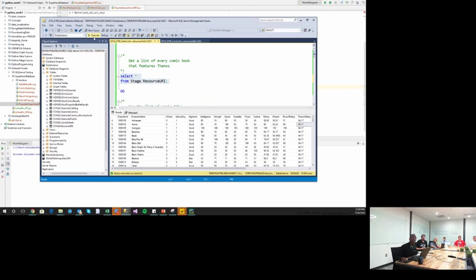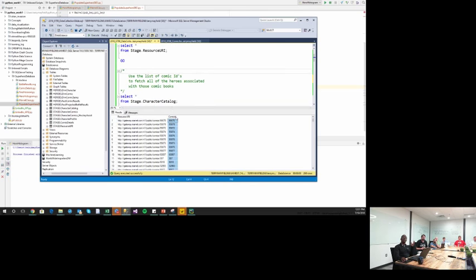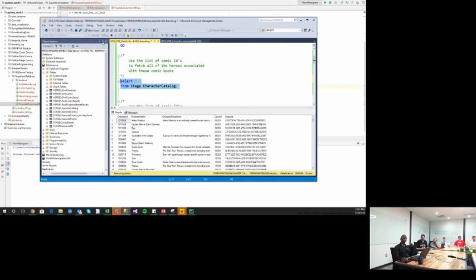So basically, I pull data from the Marvel API and persist it into a table so I have access to it. Once I have all the comic books that feature Thanos, it actually was 298, I then take those comic IDs and use those to pull every character that's ever been featured in a comic book that features Thanos. And I create something like a character catalog. So for example, in one comic book featuring Thanos, we have Adam Warlock, Captain Marvel, Ego, Gamora, Guardians of the Galaxy, Loki, Bad Adam Warlock, Thanos, and Wolverine. That's a pretty awesome comic book.